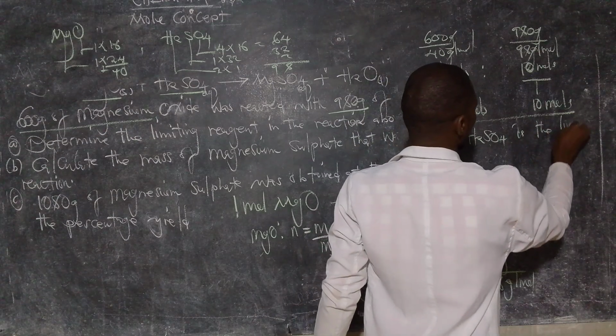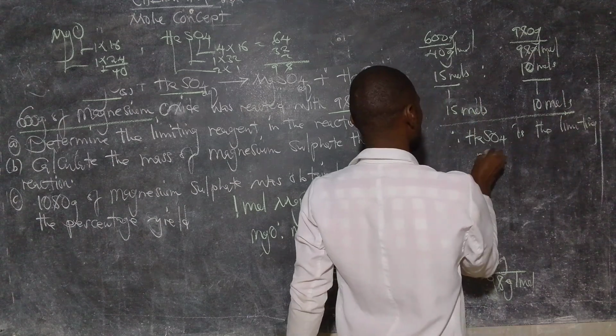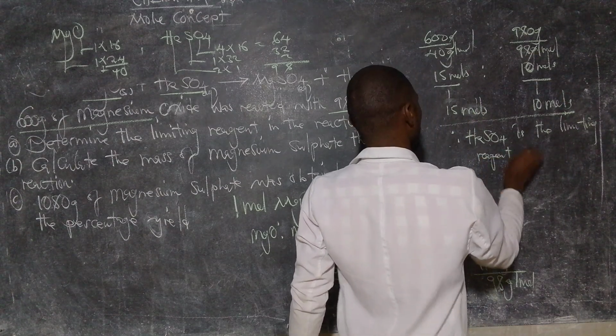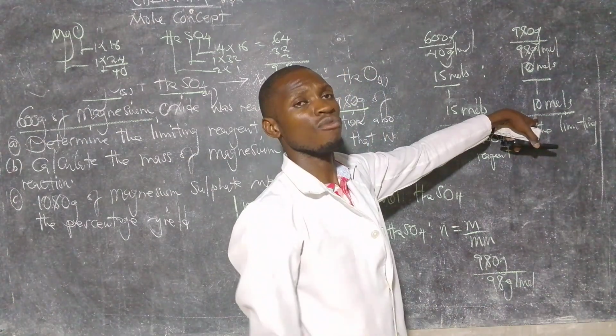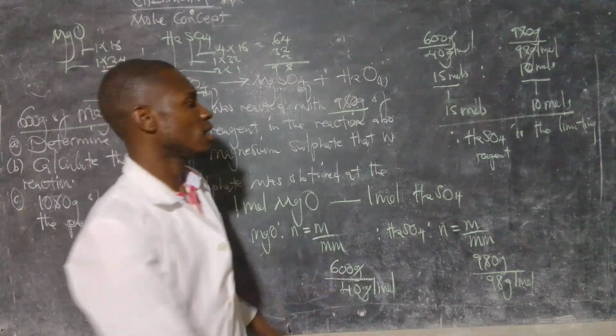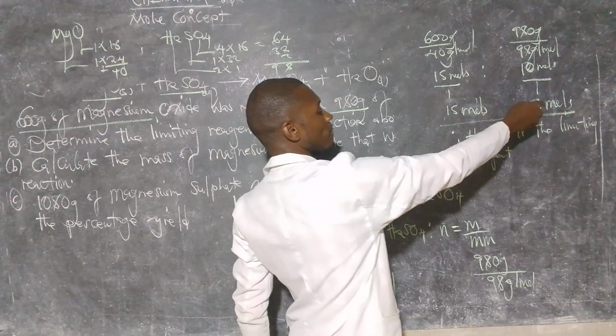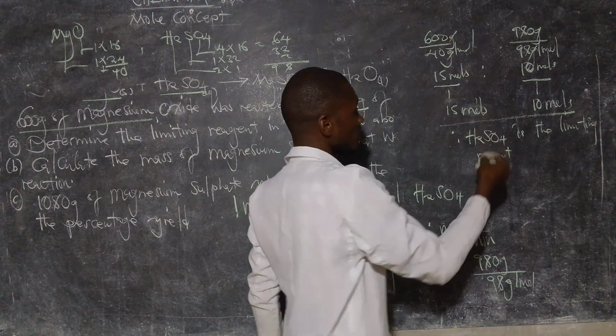is the limiting reagent. Reason, because it has small number of moles. So sulfuric acid is a limiting reagent because it has small number of moles. Therefore, the excess